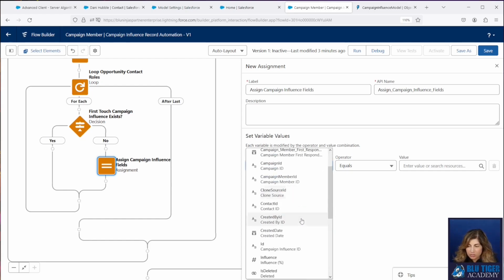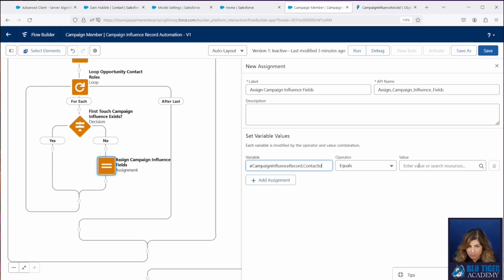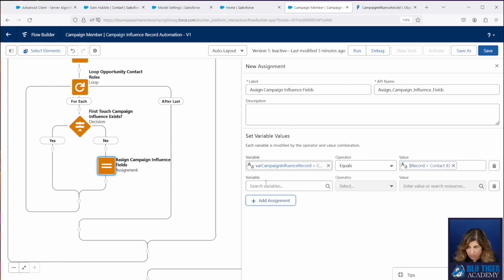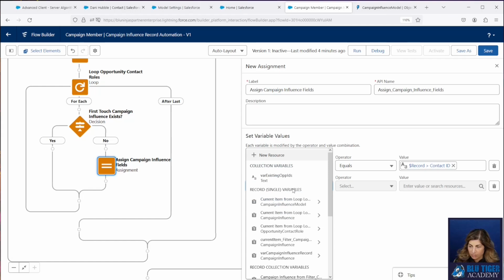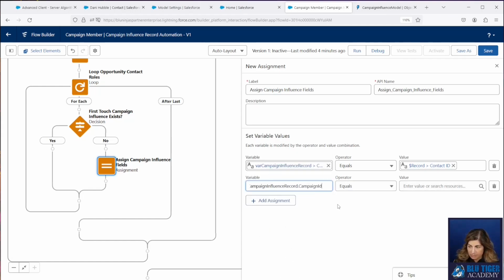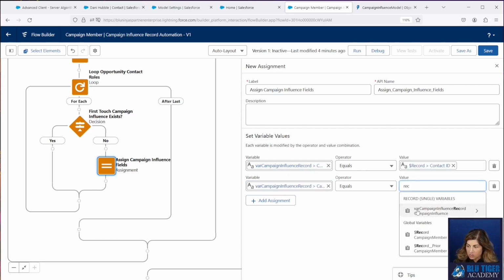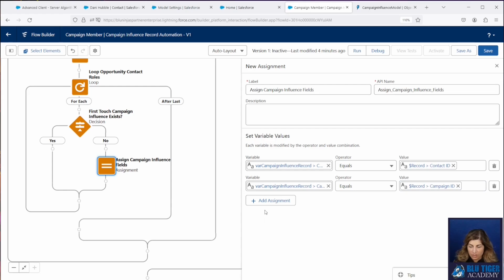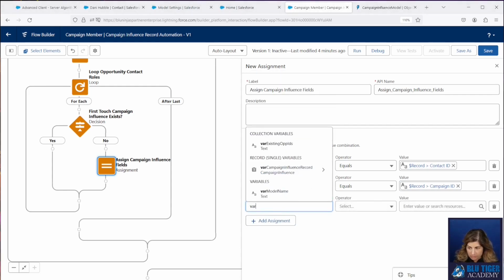So first we're going to assign our contact ID, and that's actually going to come from the campaign member that started this flow. Next, we're going to assign our campaign ID. That is also going to come from the campaign member record that started the flow. Then we need to assign the model ID.